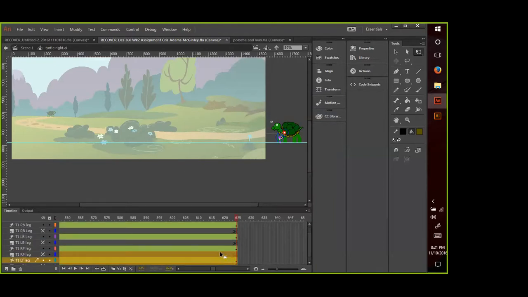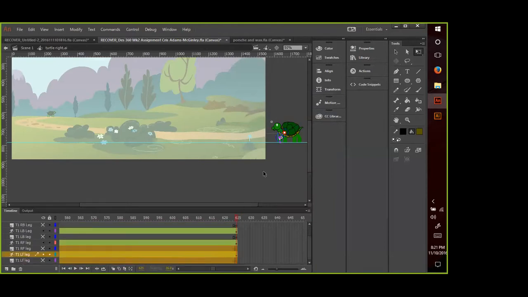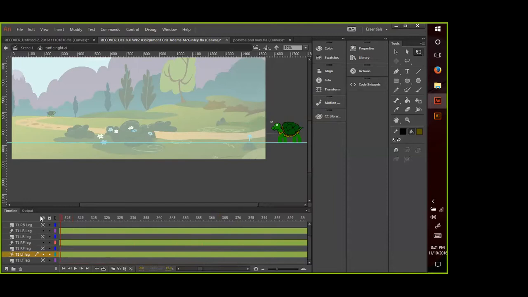So we're going to live out his entire life. We're going to dictate if he's talking, if he's walking, if he's moving, where he moves, and stuff like that. And then when we bring him into the other world, he'll have one life that's 625 frames long. Okay, so now that I've extended his life to 625,